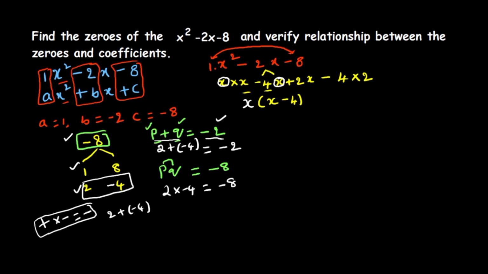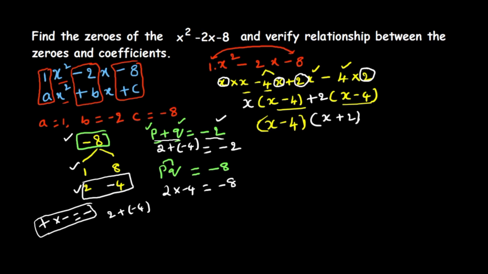Similarly, what is the common from these both? Yes, 2 is the common here and from here. So take that 2 plus 2, then what we get from here? x minus 4. Take that x minus 4 here. Now this x minus 4 is the common factor from both, so we take here x minus 4, and you can observe in the white color that is one more factor, that is x plus 2.